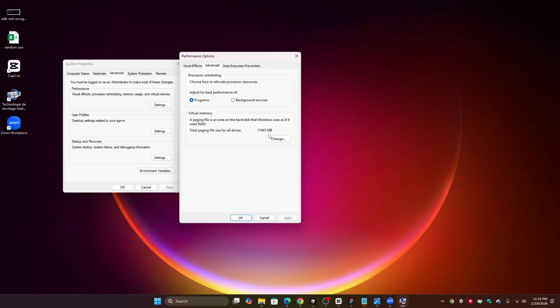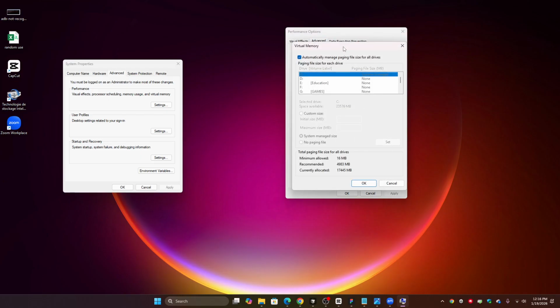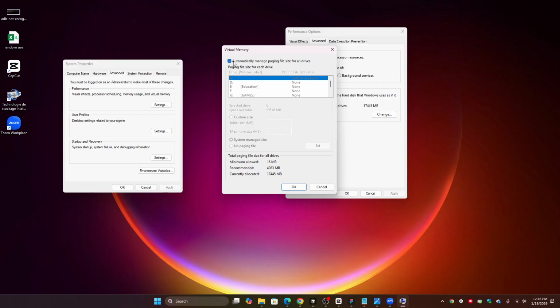Like I put around 70 gigabytes of memory boosting, even though I have 64 gigabytes of memory, but I use a lot of things that consume a lot of memory. So you need to go to change. Here just uncheck the automatically manage paging file size for all drives. Then you're going to check here system managed size, or you need to go to custom one and